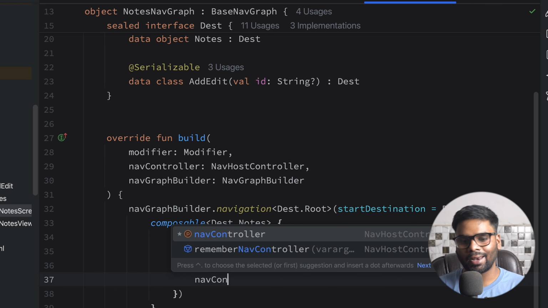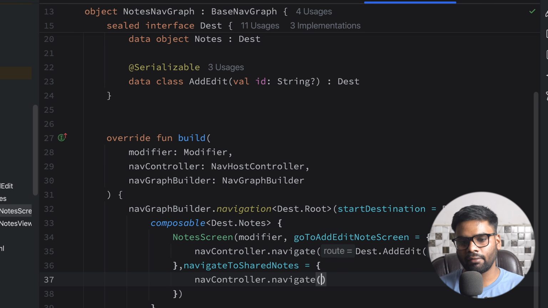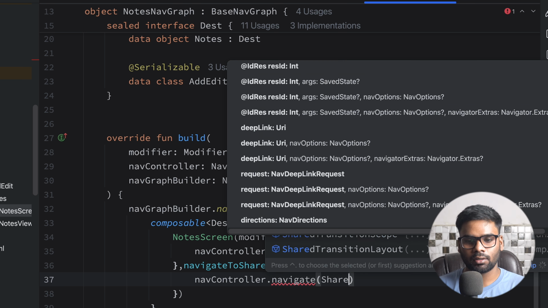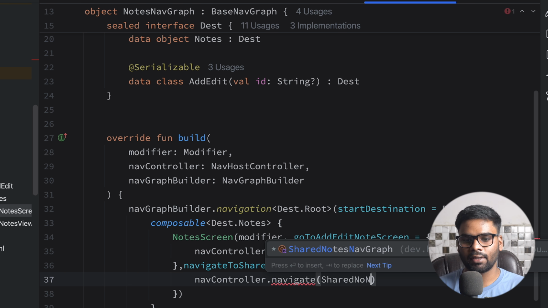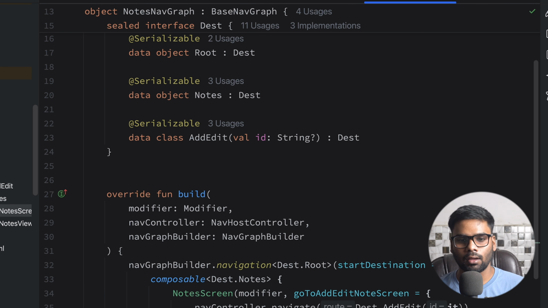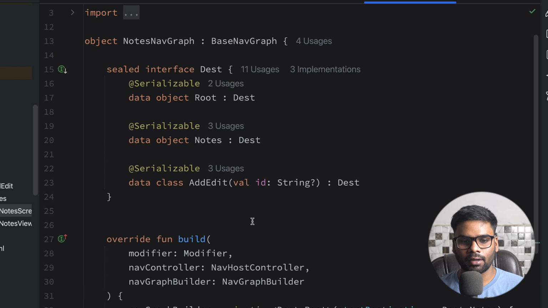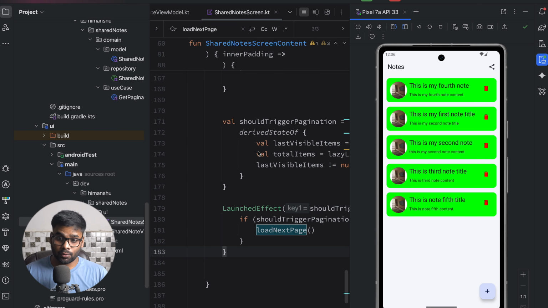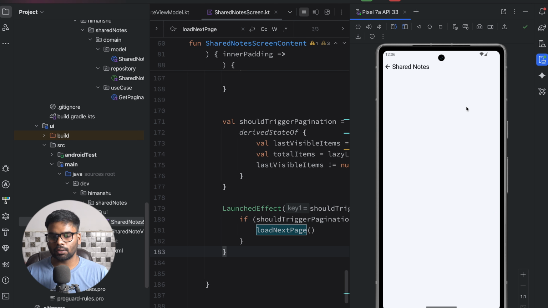Now you can use navigation controller navigate, mention the destination. So my destination is SharedNotesNavGraph.Destination.Route. Alright, so we are done with the navigation thing, and now we're gonna execute our application. And it is executing, and when I click this share icon, okay, so this is my share note, and yep,